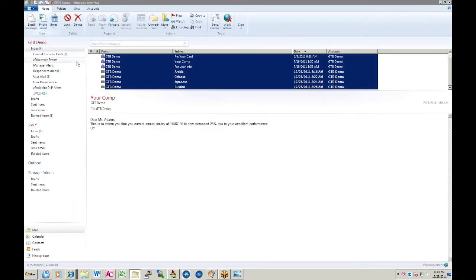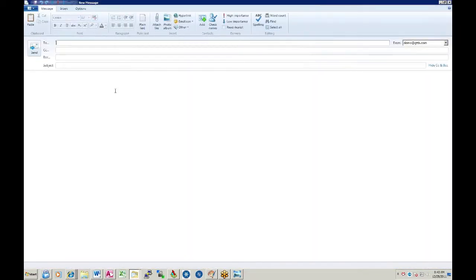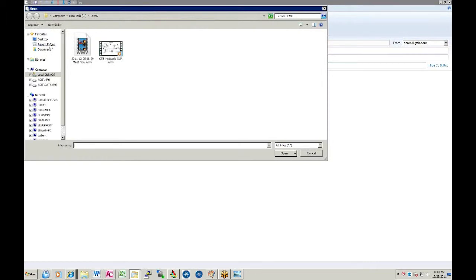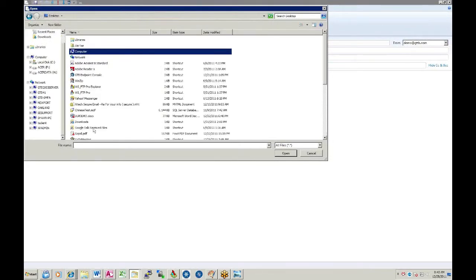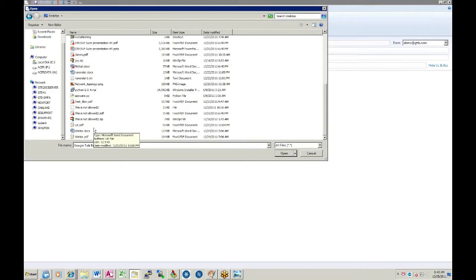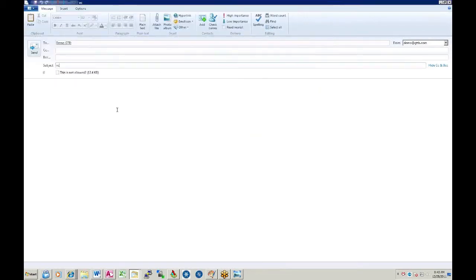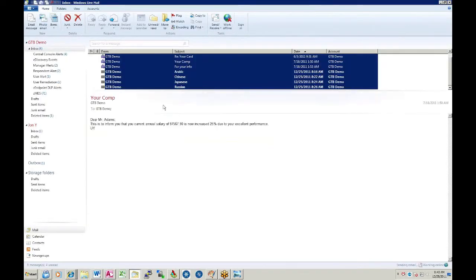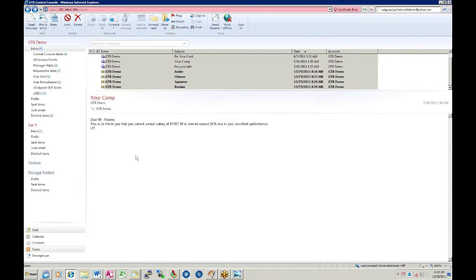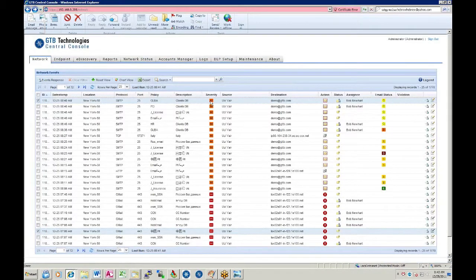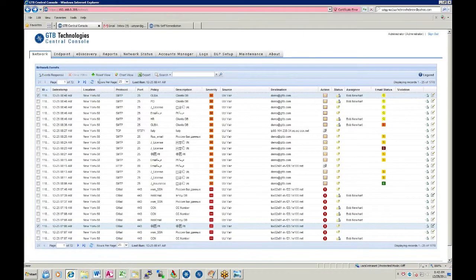In this case, I will attach the file, but what will happen, the email would be quarantined, but only security administrators could release such an email. The user can get an alert about it, but he will not be able to release it by himself. Naturally, high severity violations may be of real problem, so you don't want users to remediate. Only administrators could remediate. Going over to the console, we will see that we have a high severity violation over here,